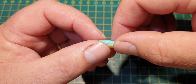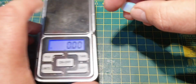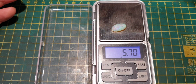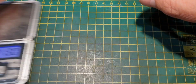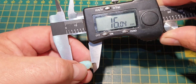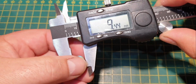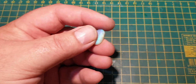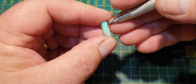Okay, here we are with this little crystal that we just did a rough shape on the wheels. Just do a quick measure up. Currently 5.7 carats. And the dimensions are 16 by 9 by 5 mil. Alright, so the dilemma we have is it has still got sand in it. So what we've got here is sand on the edges,